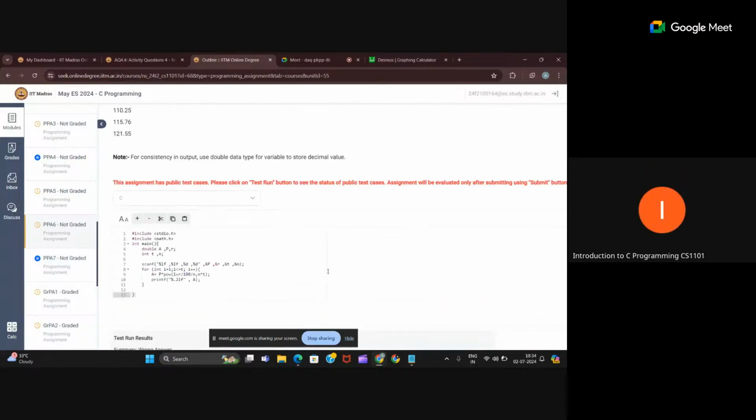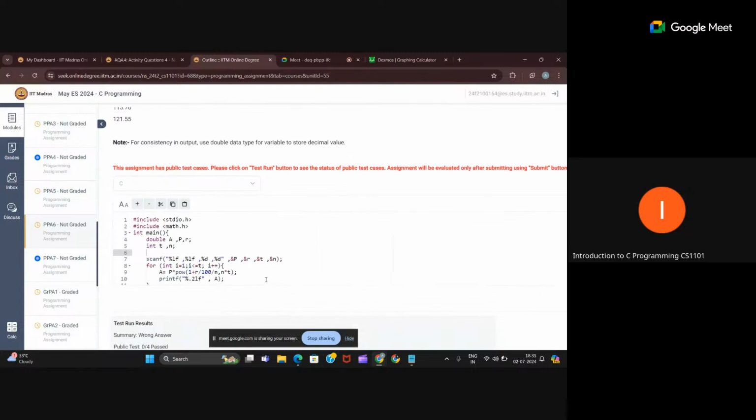What code have you written? So this is a for loop. Can you check your for loop, and are you running a correct loop? So for i equal to 1 and i less than or equal to t, i plus plus. And what is t? Inside this, printf with percent d is written. So you are running this loop, and you are not breaking the line in this print statement. The output is printing in the same line inside this loop, because of that your output is coming as one long output in one line. So this page is disturbed. So what you can do,